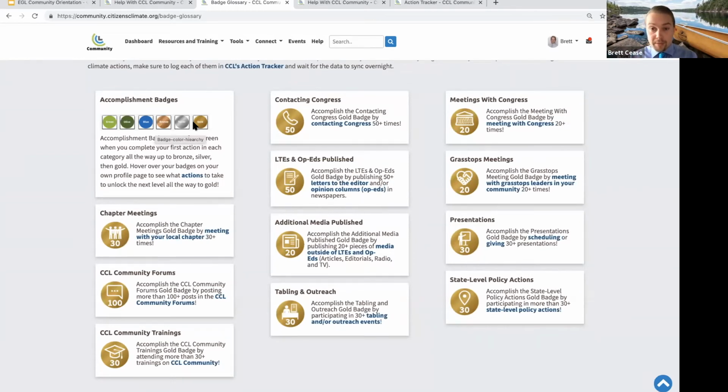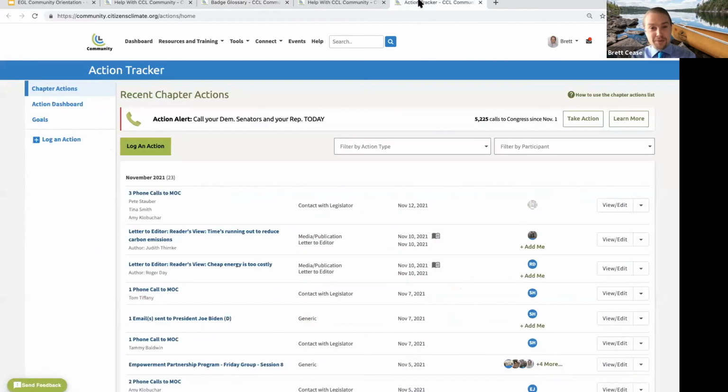Now, the last thing I'll share before taking a couple of quick questions is that one of the most recent badges we've added has to do with the fact that we can now track training. So you can indicate whether you've taken any of our training, whether live in webinar form, for example, if you attended both of the most recent CCUs that Danny gave for lobby training, or any of our training pages that we've talked about. So here's the little CCL Community Trainings badge with your little graduation hat. You can attend 30 and get your gold badge. Good work. And I know that many of you will join me soon.